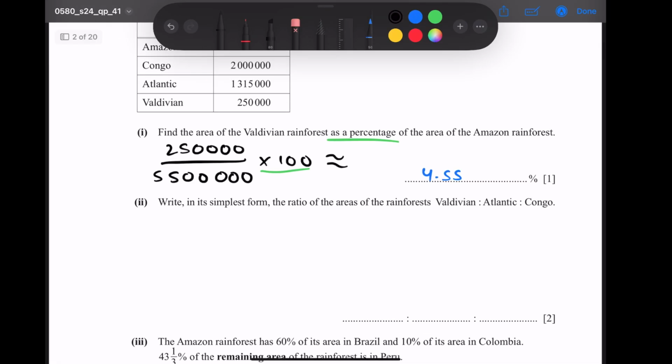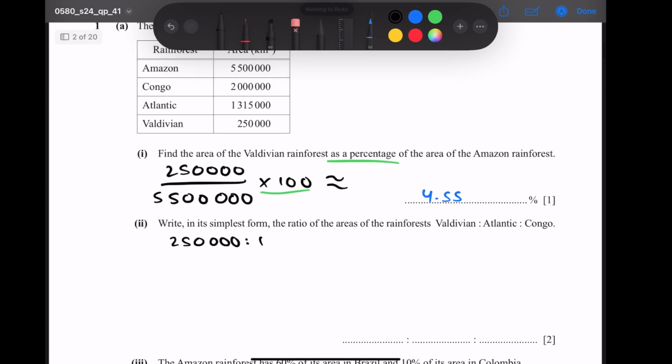Now II says to write in its simplest form the ratio of the areas of the rainforest Valdivian to Atlantic to the Congo. So Valdivian is 250,000 and the Atlantic is 1,315,000 and the Congo is 2 million. If you break these down into their prime factors,